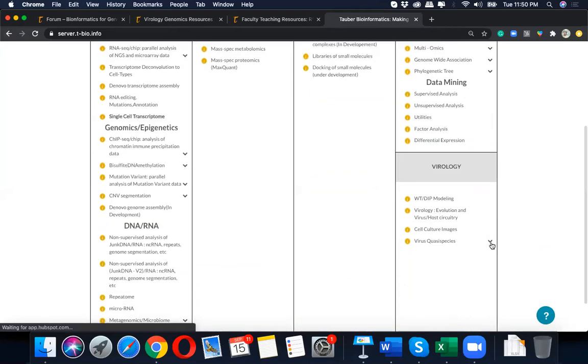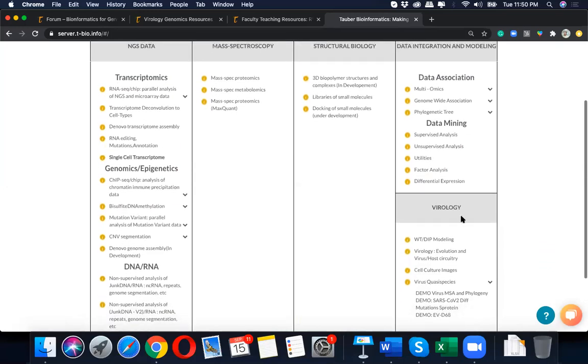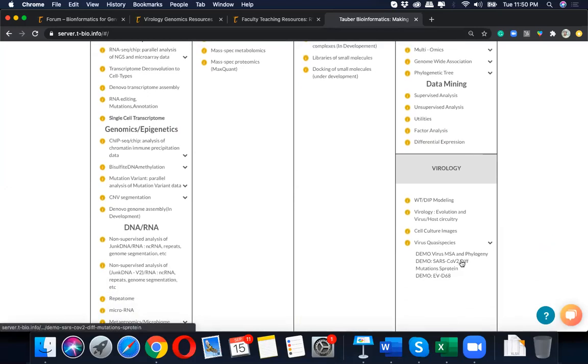Here, if you can see this down arrow, scroll to this portion of the page under the section virology, and you will find two pipelines. The first pipeline is demo virus, MSA, and phylogeny. Let's click on that.